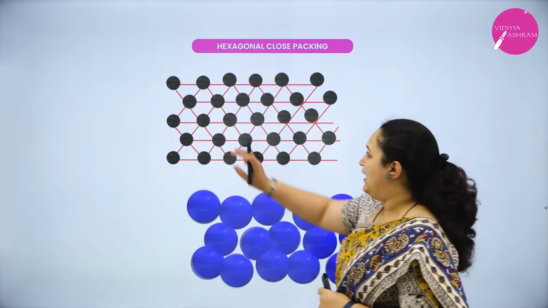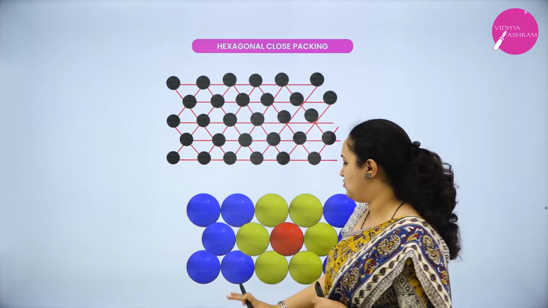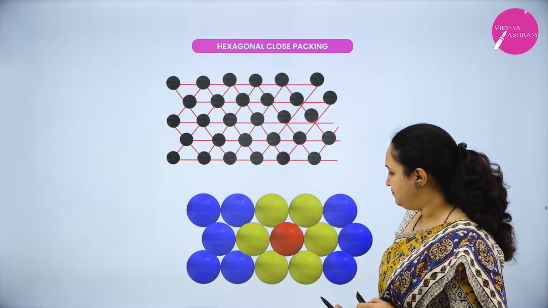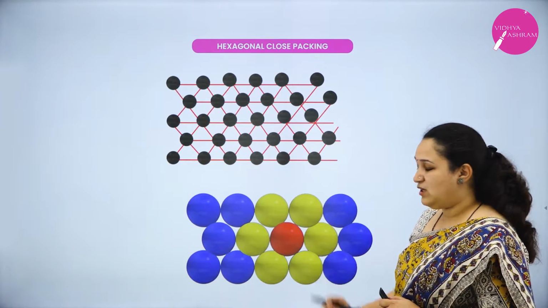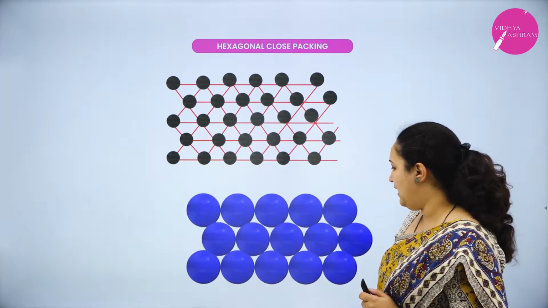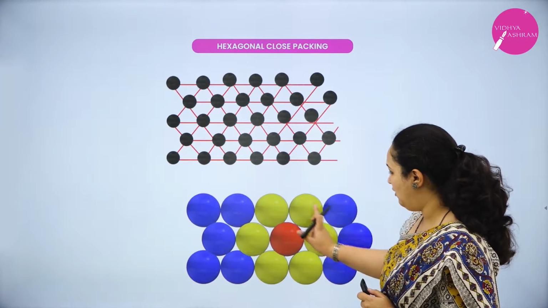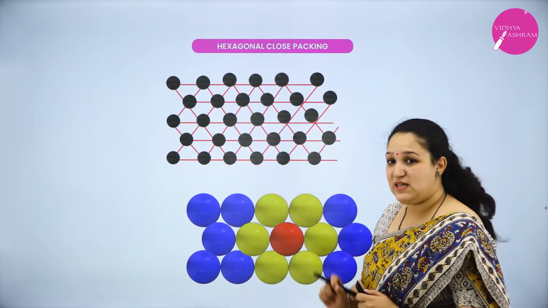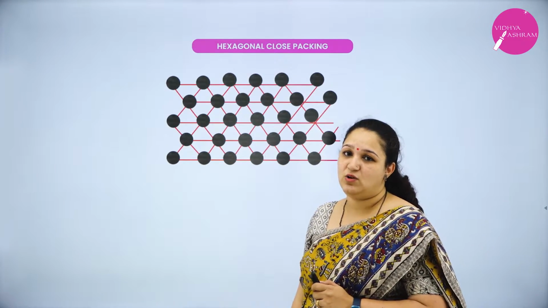Next, hexagonal close packing. I told you all, it is placed in the grooves or the depression of the first row. You can see this is the first row, and then it is there in the depression, and the coordination number is 6. You can observe it again. This is the particle which is in red, and you can see the yellow ones, 1, 2, 3, 4, 5, 6. The coordination number is 6 for hexagonal close packing.